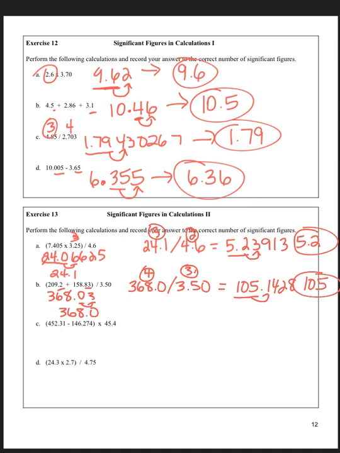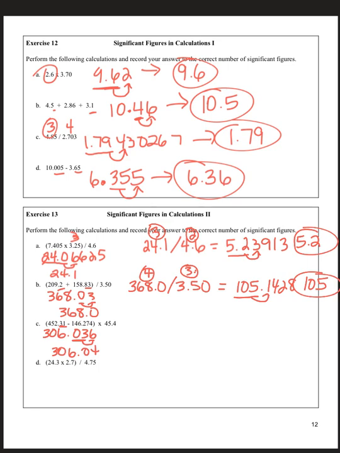All right, next one, parentheses first. I need to subtract those numbers. My calculator gives me 306.036. But again, I need to look. This one right here only has 2 decimal places. The number I've just written down has 3, so I need to round it correctly. So again, I need 2 decimal places, but what is that 6 going to do? That 6 is going to round it up, so it's going to have to be 306.04 what I go on